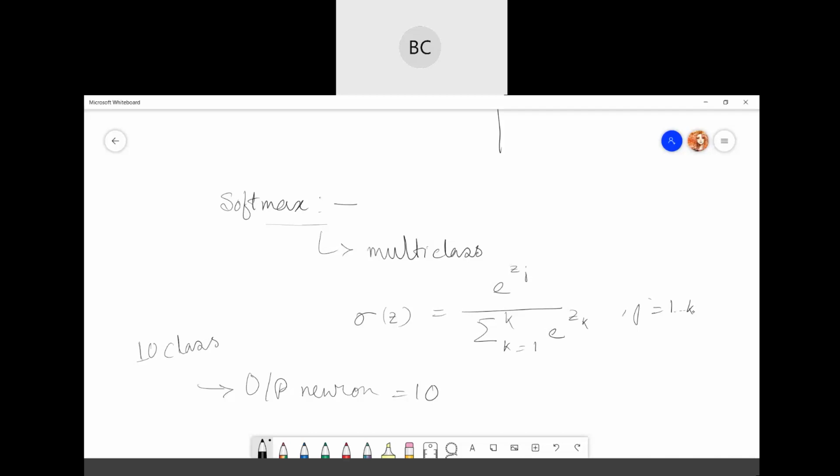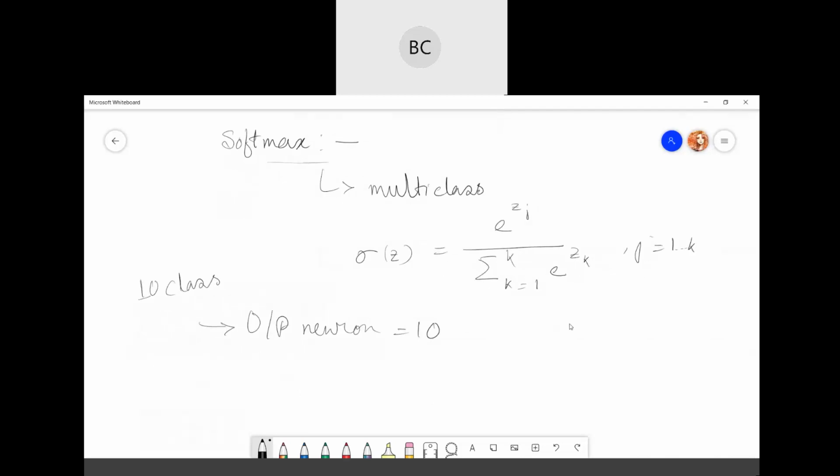Then in the output layer also there will be three neurons. Target class equals output neurons in the output layer.